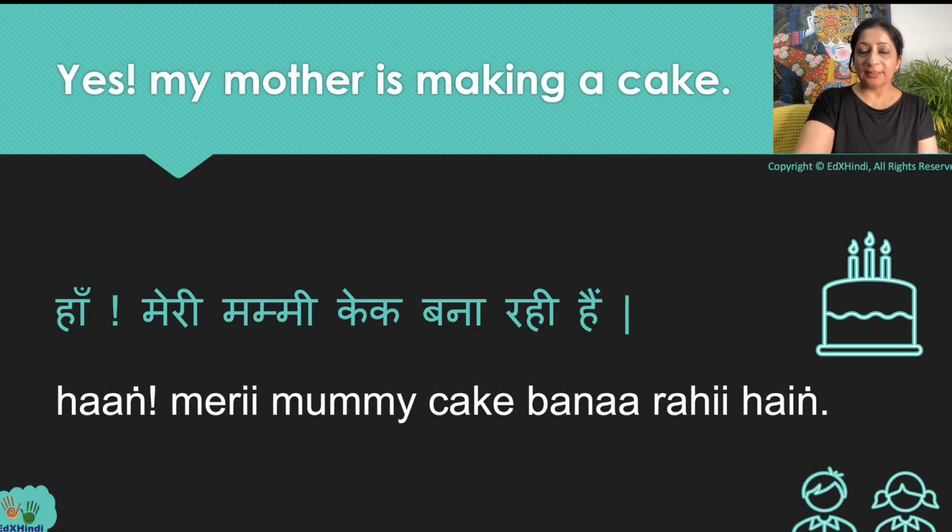Now let's look at the answers. For both male as well as female speaker, they can say, yes, my mother is making a cake. हाँ, मेरी मम्मी केक बना रही हैं. हाँ means yes. मेरी means my, mummy is mother, cake is cake, bana rahi is making, hain is used for is in this case,